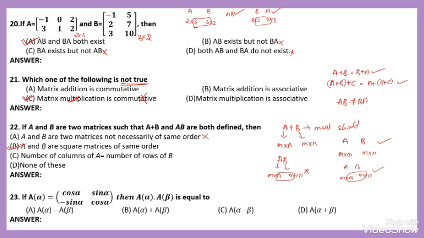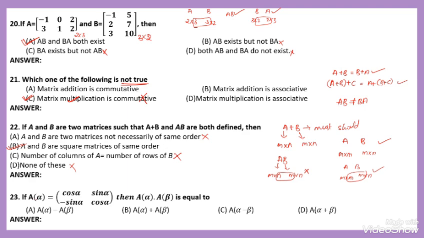See, the number of columns of A and the number of rows of B being equal is only possible for multiplication. For addition, this one is not possible. Option number D, none of these. Nothing. Okay. Next, if